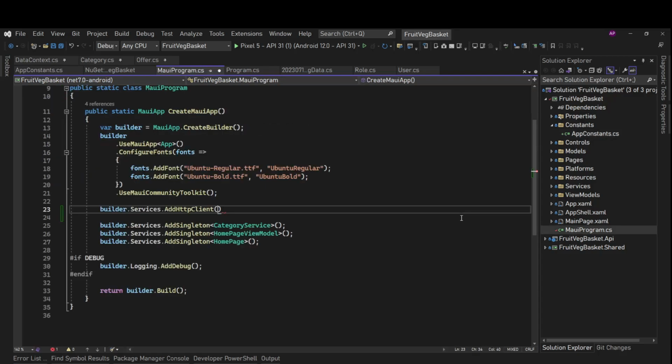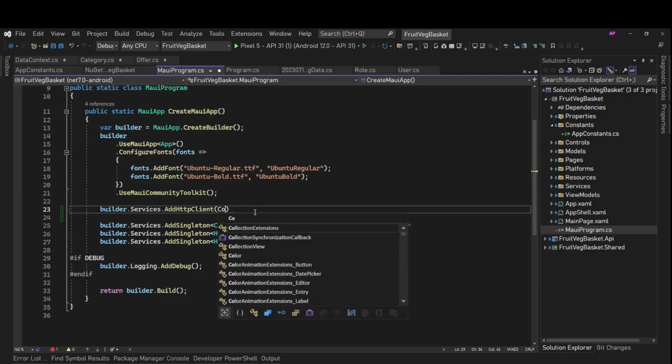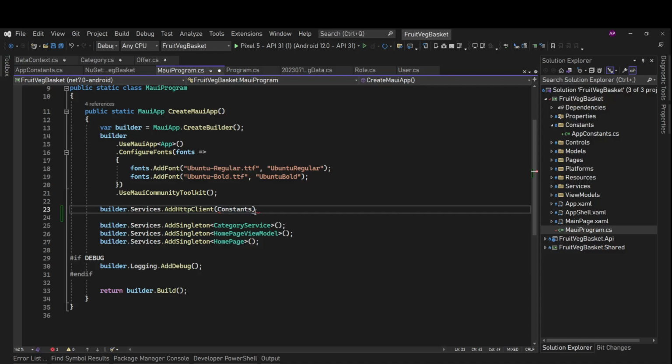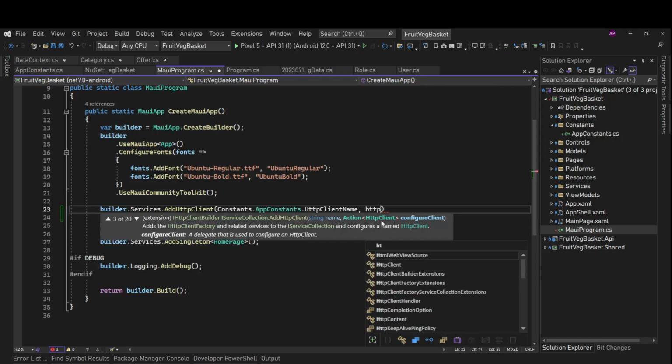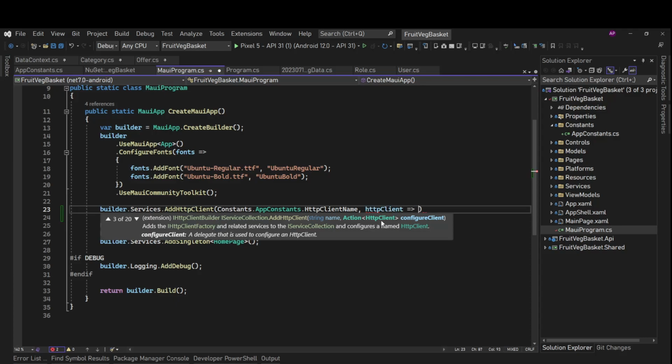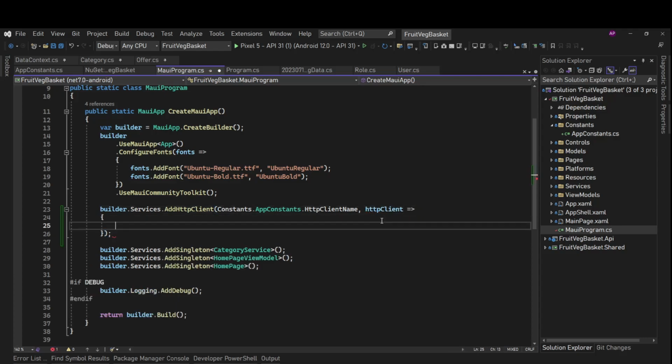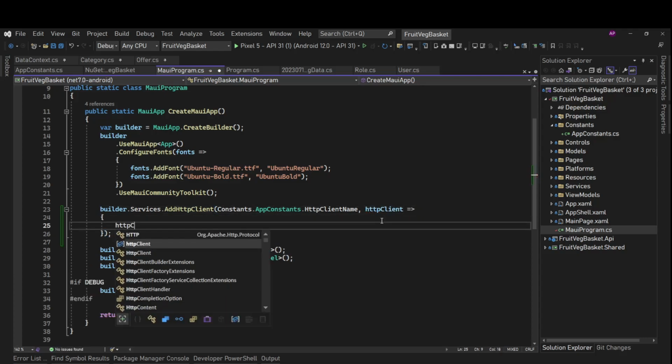Fine, and we'll use this in here. So we'll say Constants.AppConstants.HttpClientName, and then as the second parameter we can configure our client, which is an action delegate which gets a parameter of type HttpClient. So we'll use this HttpClient, and then we'll set the base address for this.